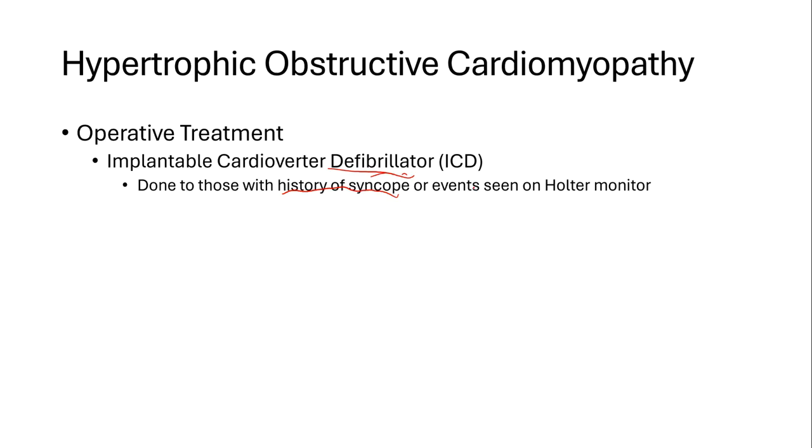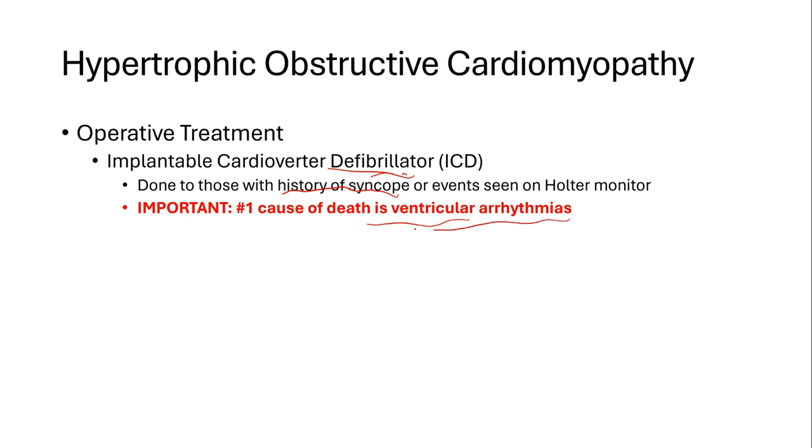Remember, that's not always going to be your clinical presentation. Sometimes you'll just be given, this person comes to your office, they're asymptomatic, their father passed away at the age of 30 from sudden cardiac death. That person needs to be screened for HOCM. It's important to know that we have to give an ICD because the number one cause of death is not syncope. It's going to be these ventricular arrhythmias that can occur. That is why we give an ICD, a defibrillator, in order to shock them just in case they go into